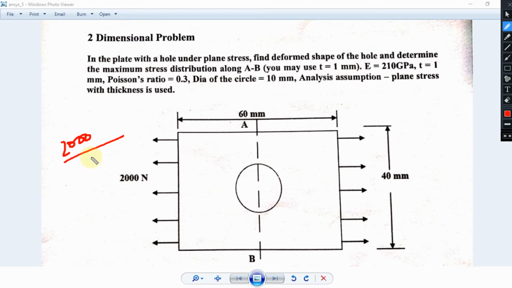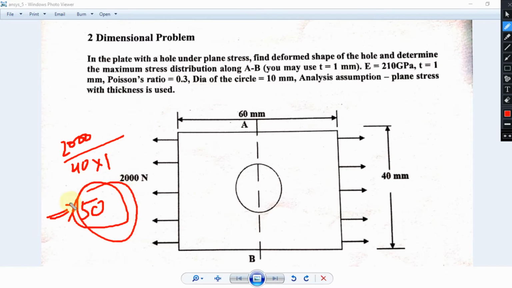So the area is 40 into 1. So basically we have 50. So this is the value of pressure that we have to apply, and so we'll go back.